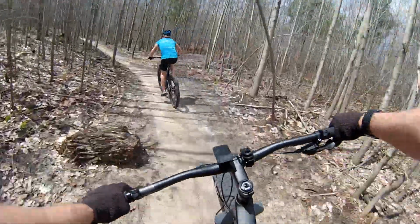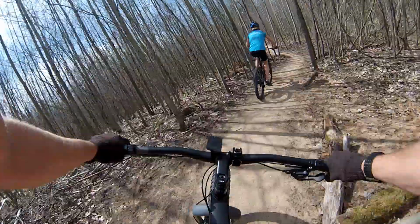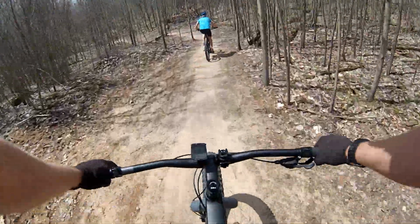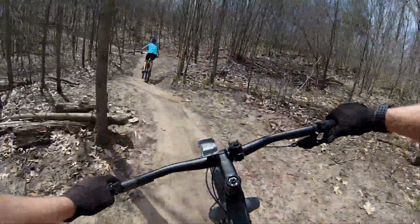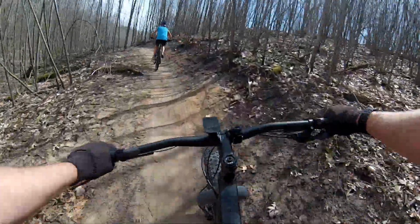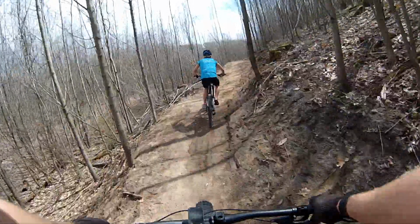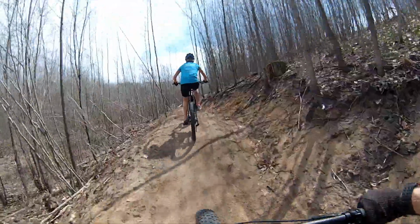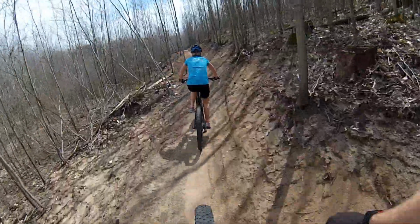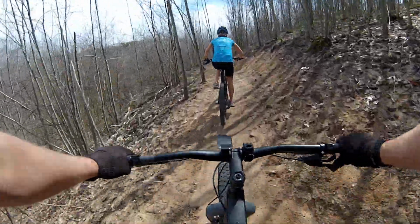Kind of whoop-de-doo down through the swamp here. It's kind of cool. Again, super doable for people who find this mountain biking deal intimidating. This is a little climb here, but they just kind of whoop it around, and this is a jump coming the other way. It's kind of hard to get speed on it, but maybe now it's a little more dialed in. We're climbing it today, but